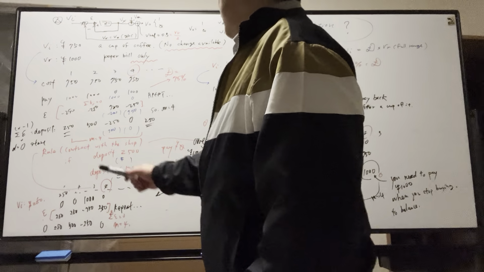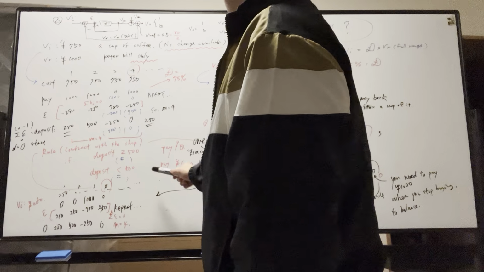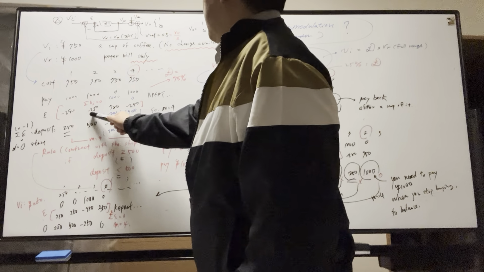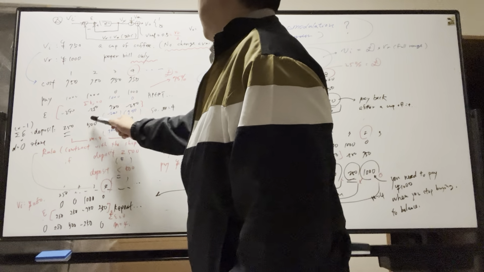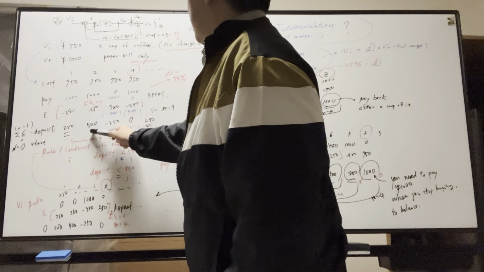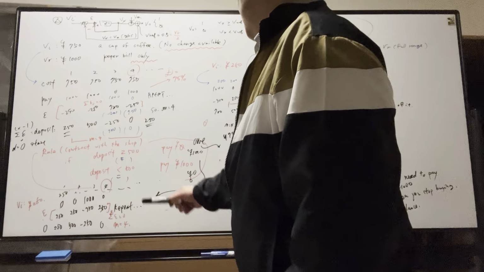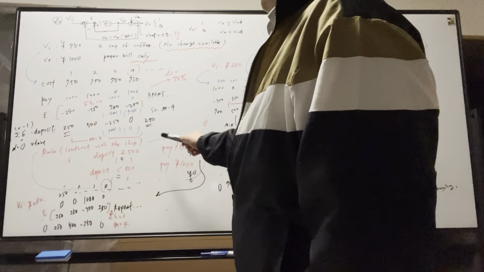Your deposit is now 250, so you pay 1,000 again, and the difference is again minus 250, and the deposit accumulated is 500. Now the deposit is more than or equal to 500, so you pay nothing